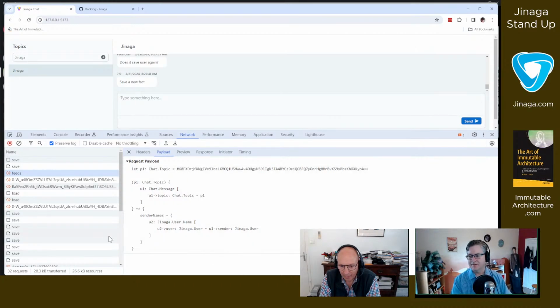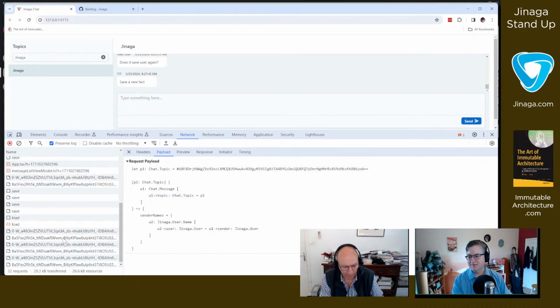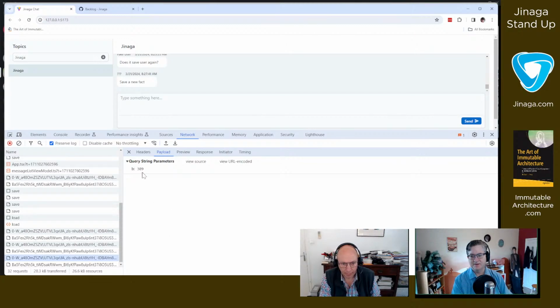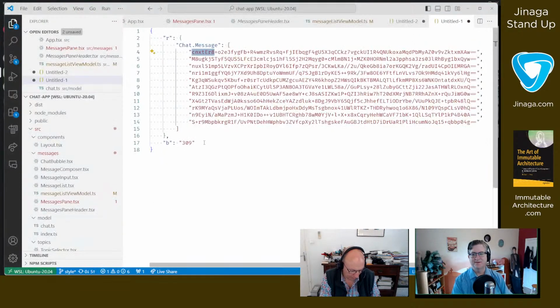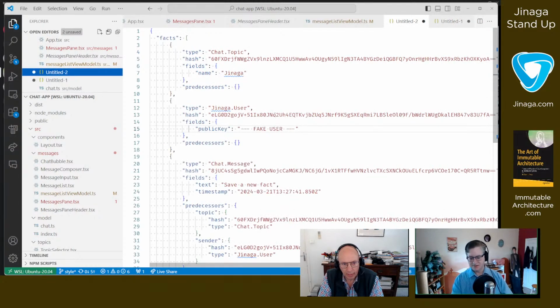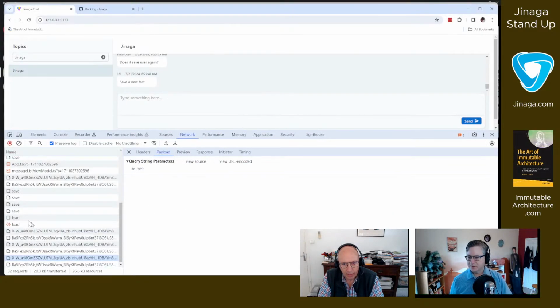So yeah, I think that might be the key. This bookmark, this little tiny bookmark right here, is enough information for the replicator to do all that math and figure out that you already know about these facts. So yeah, the last mile is, this is the response from load, and as of right now, load doesn't